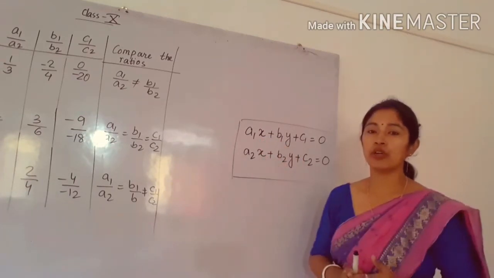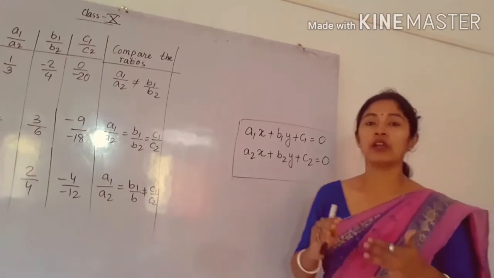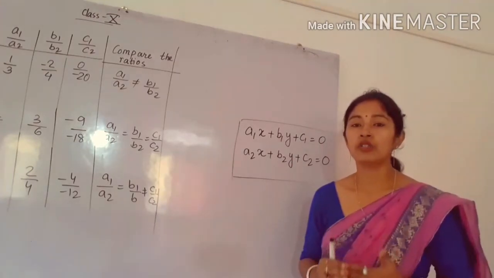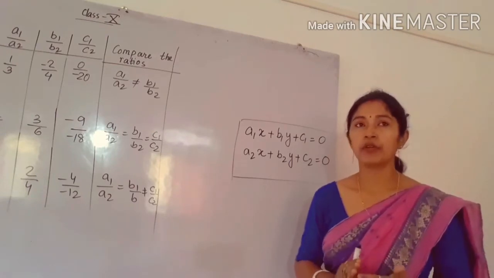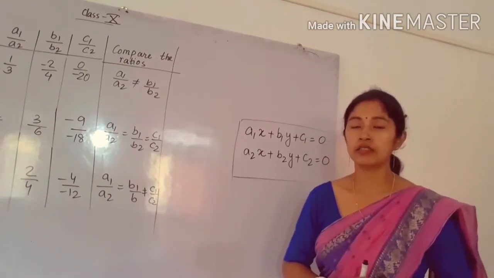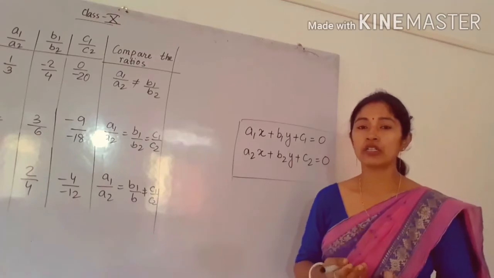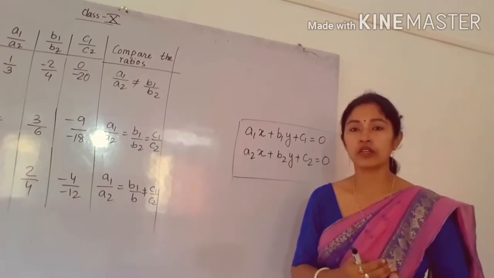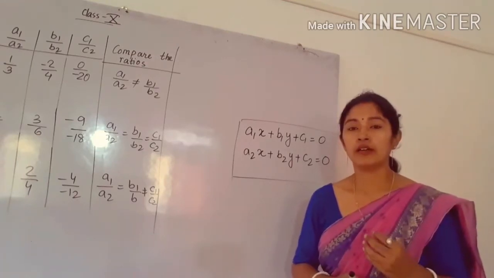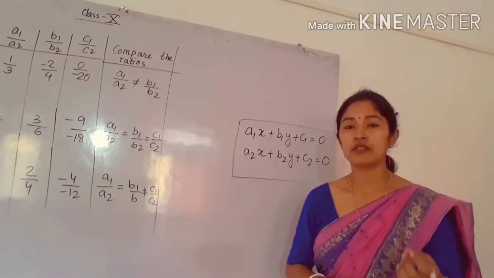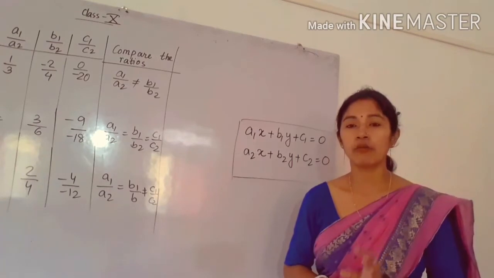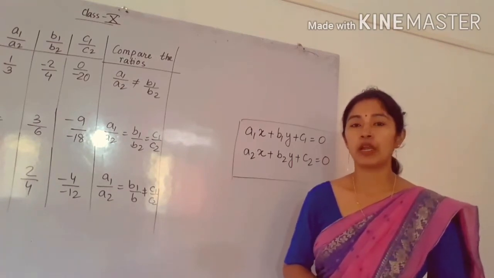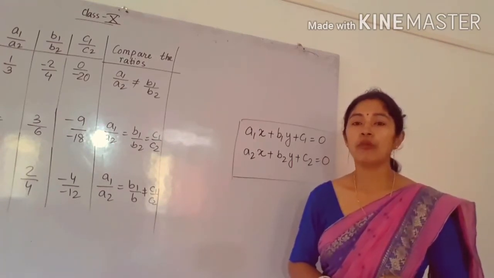Because a linear equation represents a straight line, it will give you a common solution whenever we plot it in a graph, except in the case of parallel lines. The other 2 conditions I have already discussed in my previous lecture. The rest of the 2 conditions are intersecting lines and coincident lines. In both the cases we will get the common solution. Only in case of parallel lines we will not get the common solution.